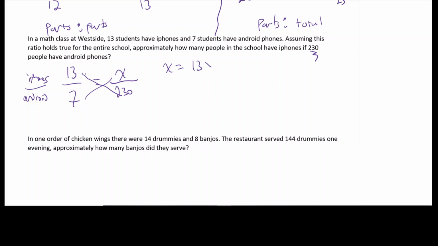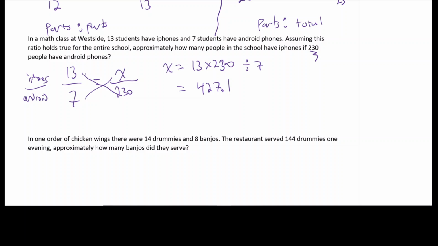So in this case, it's 13 and 230. You multiply those 2. You divide by the last number out. That'll always solve that proportion for you without having to figure out the decimal and all that sort of stuff. So 17 times 230 divided by 7, and my calculator spits out